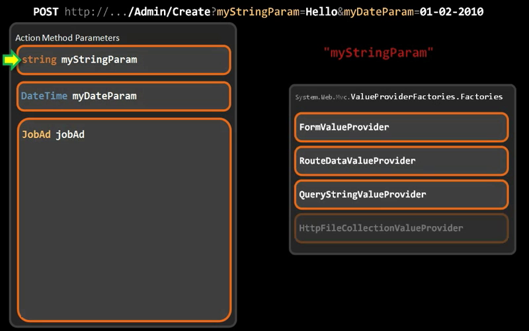Internally, the model binding system gets its data from a set of value providers, and there are 4 value providers by default that take their data from form, route data, query string, and uploaded files. The model binder asks each one of them in turn, in a particular priority order, to return a value for this key. So in this case it would first ask the form value provider, which might not return any value,